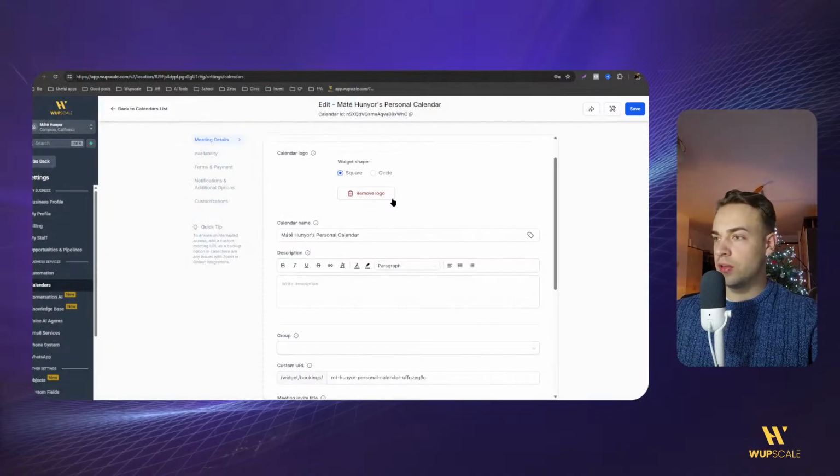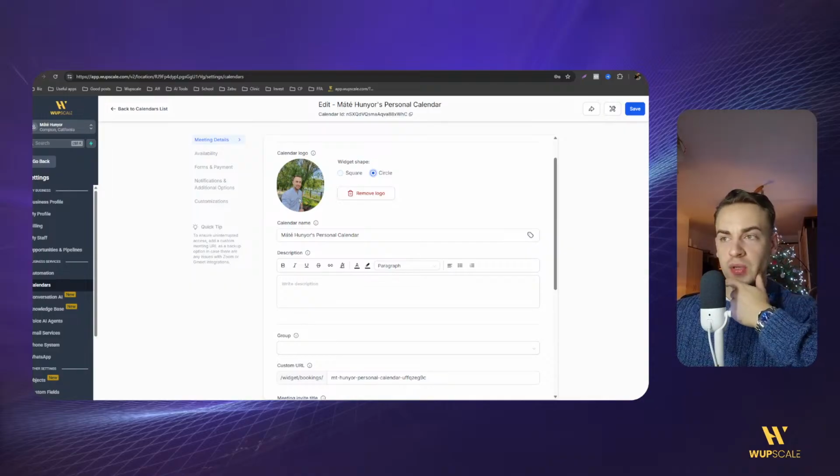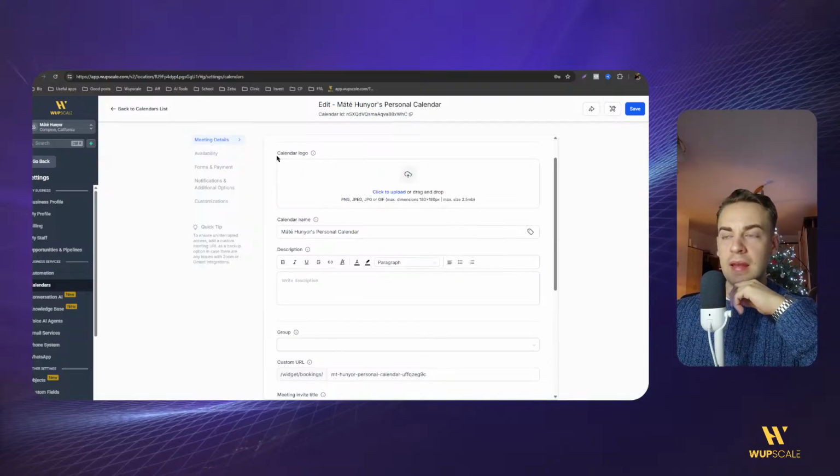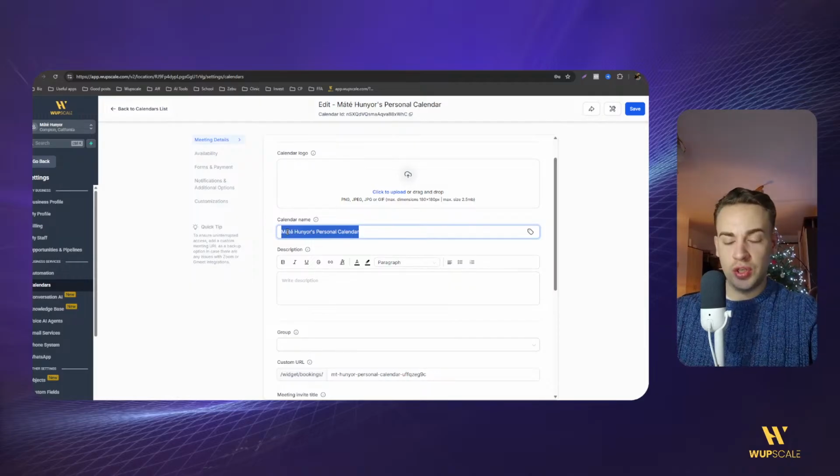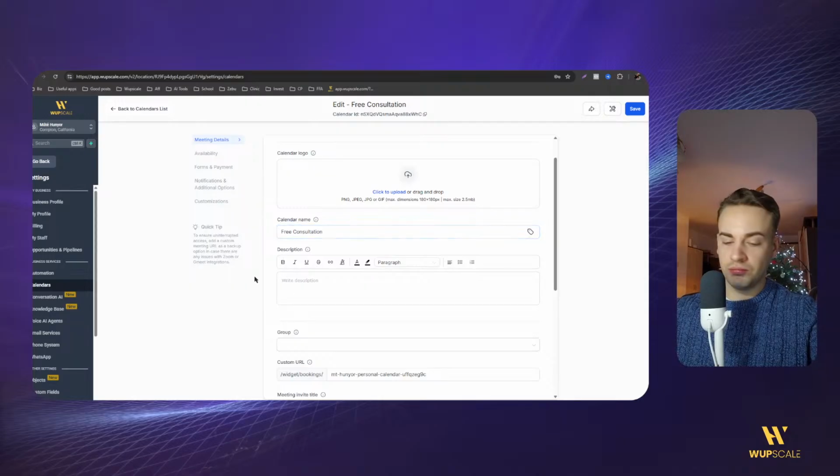Oh, here's one image. So I can make it a circle, but it's a bit distorted. So it's not using the correct size. So I actually just remove it and then we can design one in Canva, but it's not too important. So the calendar name is my personal calendar, but we can change it. So let's say we change it to free consultation and we add a description that